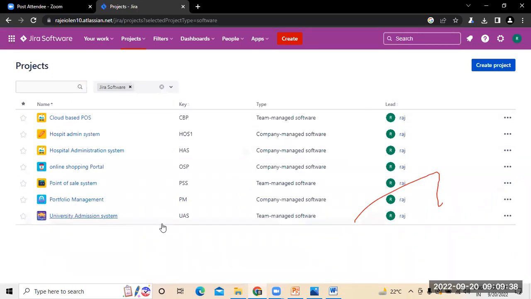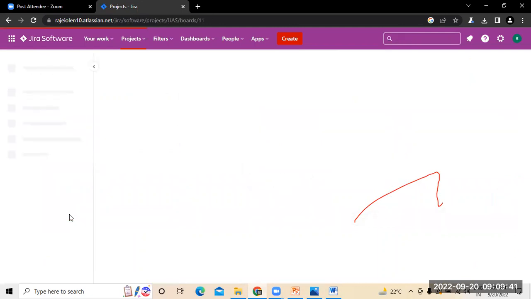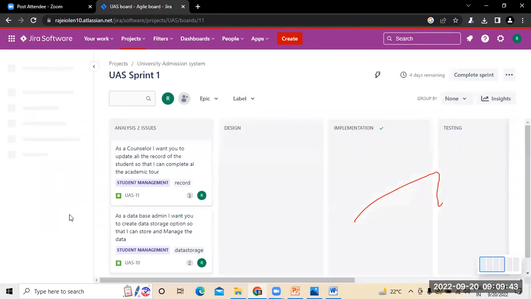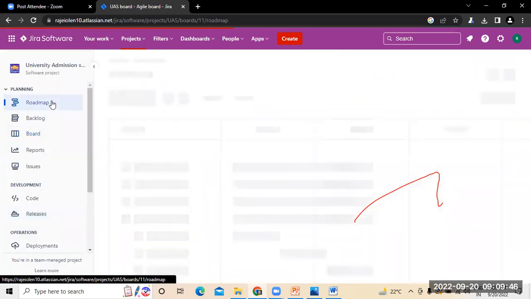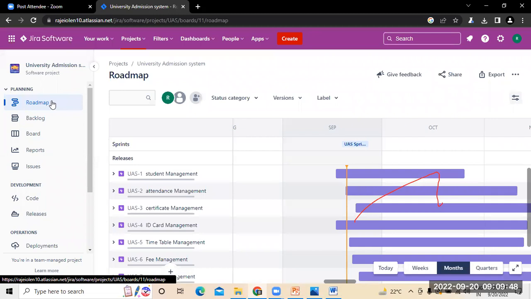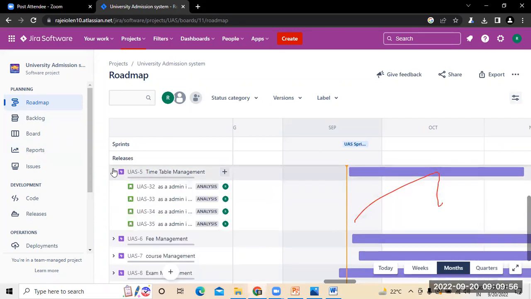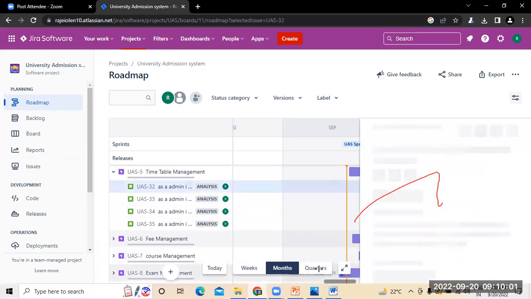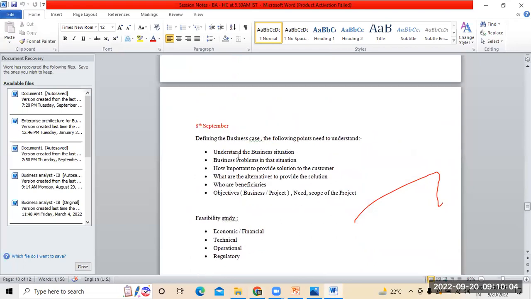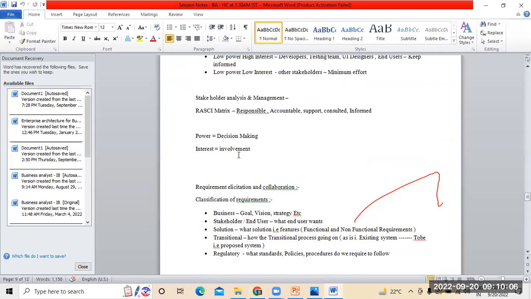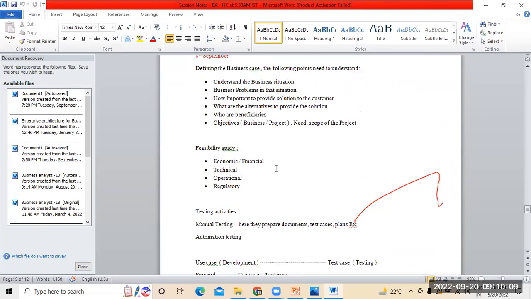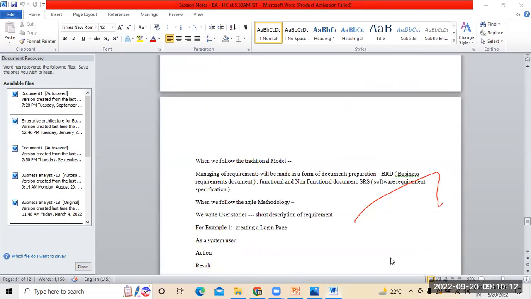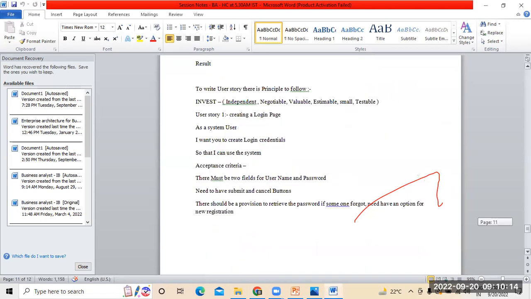So this is how generally the projects will be. Based on your curiosity, I'm just showing you how the JIRA software and project generally look like. This is how epics and everything will be connected. These are the epics we prepare, followed by epics, these are the user stories which you have to write. How to write a user story, if you remember, I have shown you in the document itself in the previous sessions.